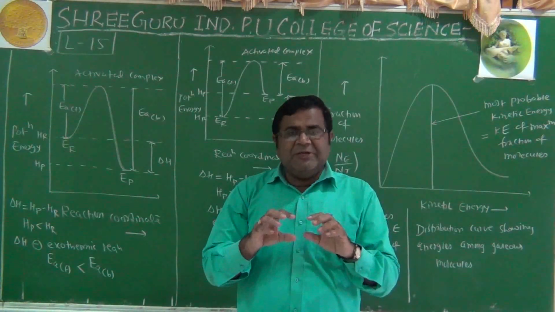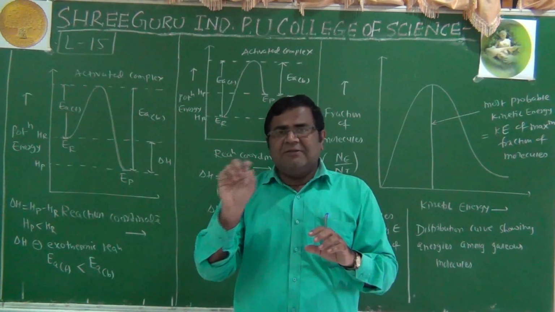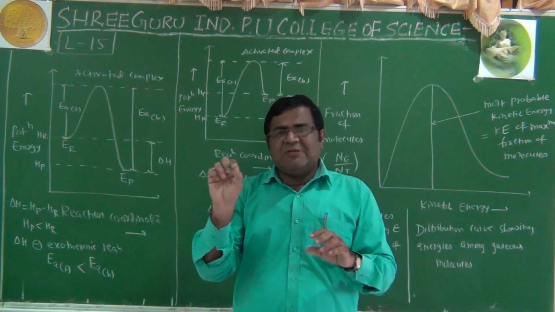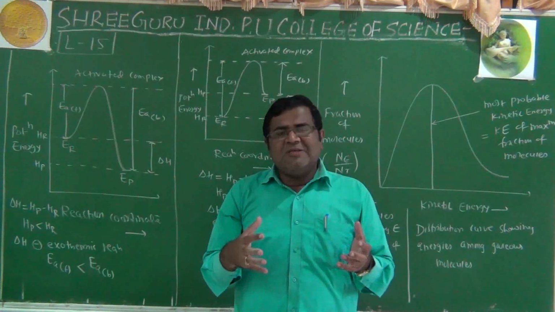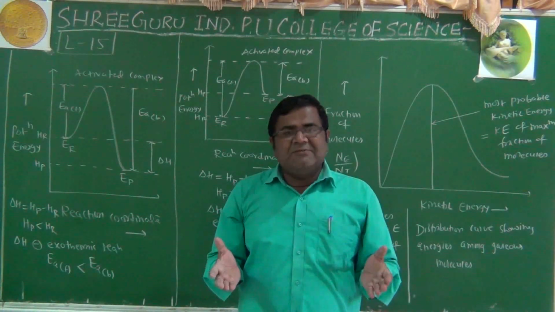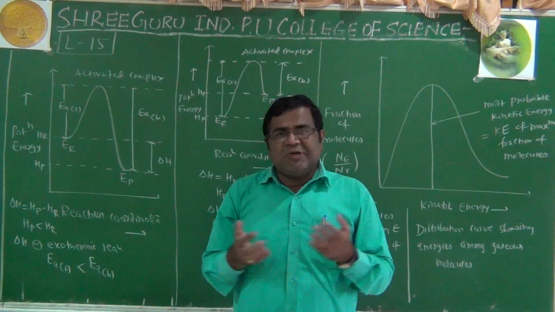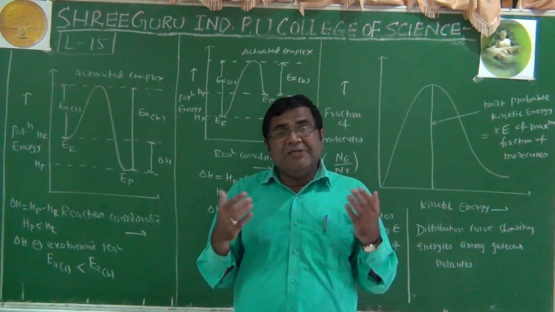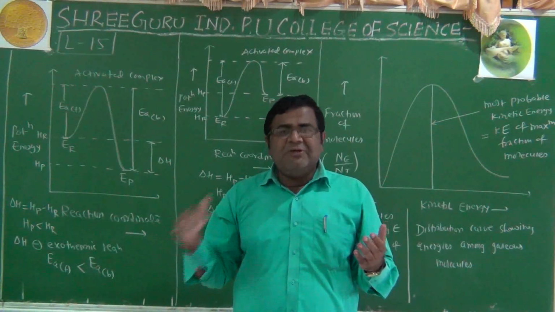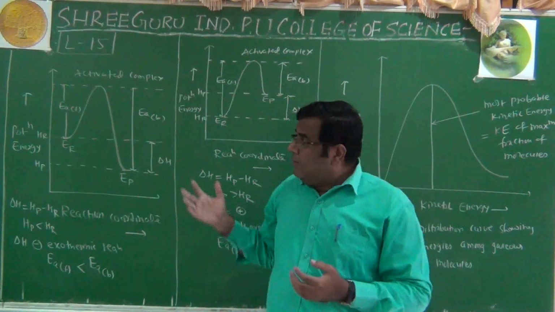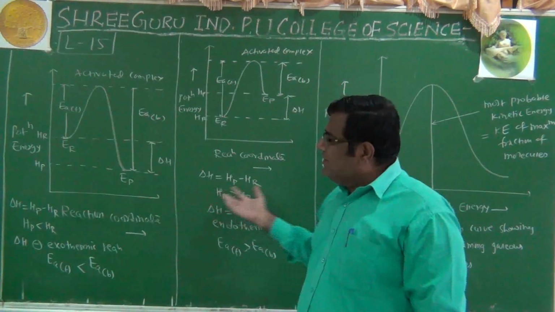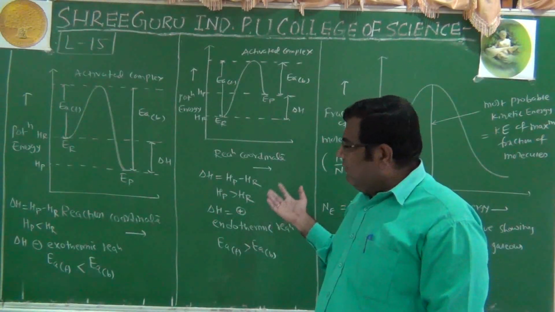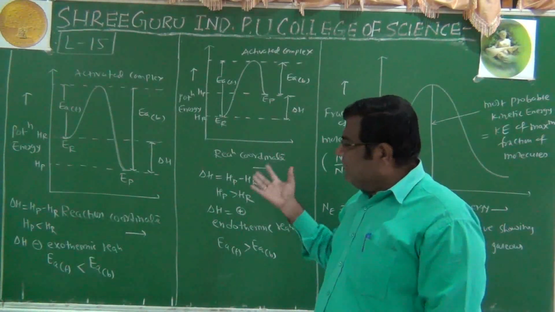We also used the transition state theory by taking example of H2 plus I2. There is an intermediate complex H...H...I...I, where dots mean that bonds are forming. H-H dot dot means that old bonds are weakening. The complex we call transition state, short-lived, unstable, highly energetic, decomposes into the product. Then we looked into such type of diagrams and we call them energy profile diagrams. I have explained how to read them.